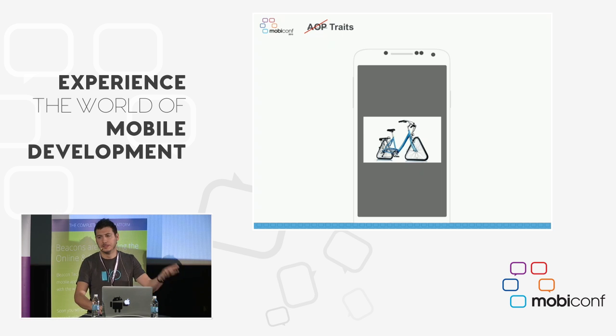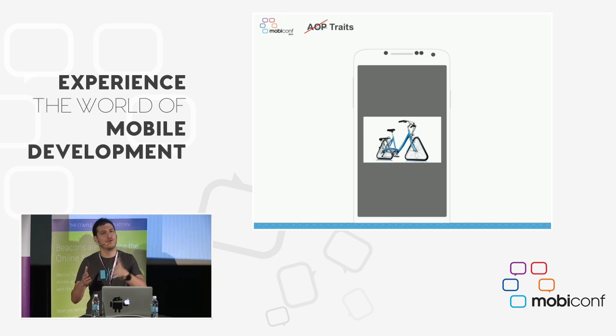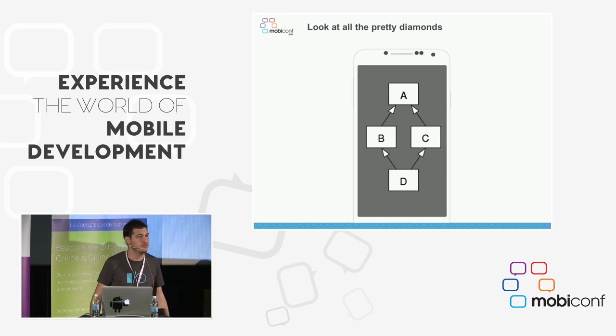For instance, you have some behavior that you want to spread across multiple activities or fragments. You're tempted to put it in a base activity or base fragment. That's good, it works. Then you have some other piece of functionality. You do that in that base fragment as well. And then, of course, you run into this problem of you want the first behavior without wanting the second, or vice versa. So you can't really solve that problem because, again, the diamond problem.